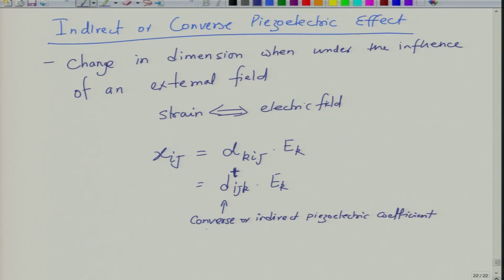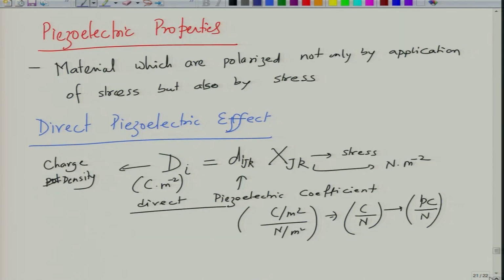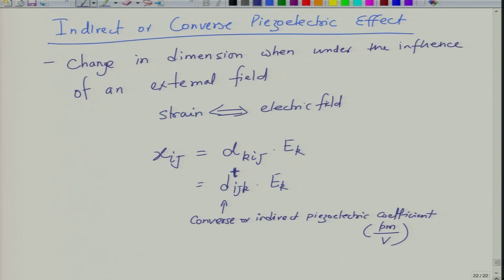So, again you can see the units: strain is unitless and the field is volt per centimeter or volt per meter. So, this would be picometer per volt. So, you can see the direct piezoelectric coefficient will have a unit of picocoulomb per Newton, and in this case the units will be picometer per volt. Basically, for a volt of voltage, what is the displacement that you measure in picometers? Okay, it is a very small displacement, that is why it is typically in picometer, but you can say it is in meter per volt. Okay. So, it is very small, that is why we generally write it in terms of picometer or nanometers, things like that. So, these are the two piezoelectric coefficients that we have.